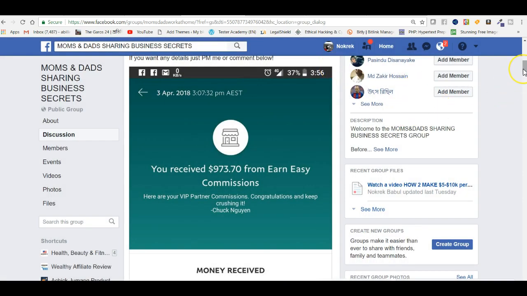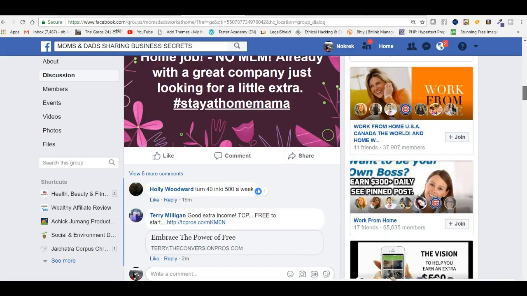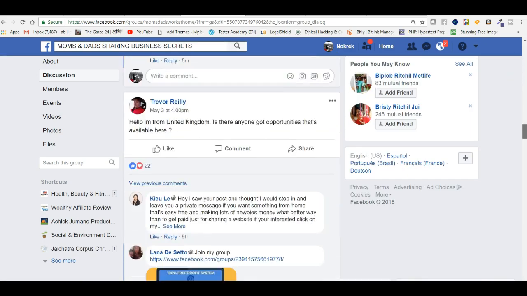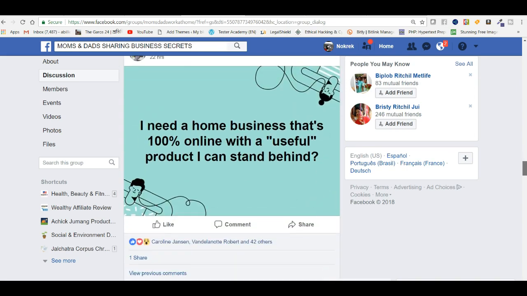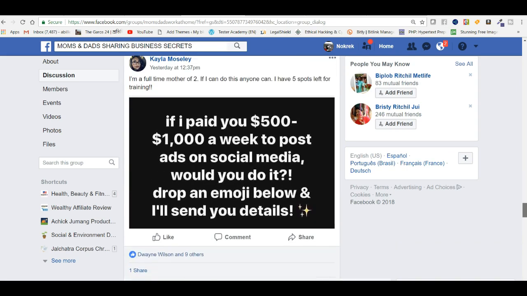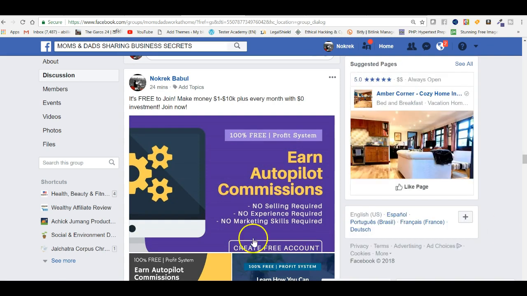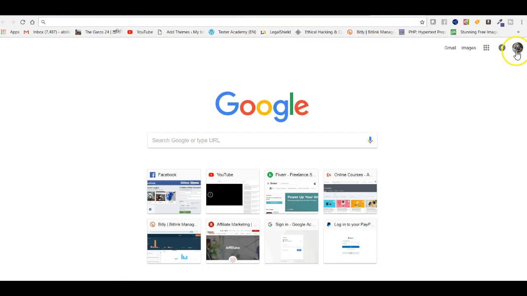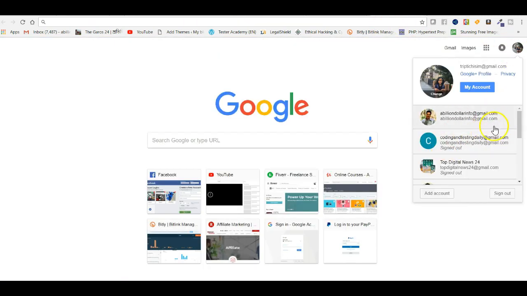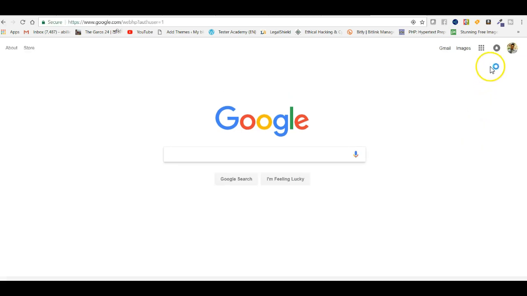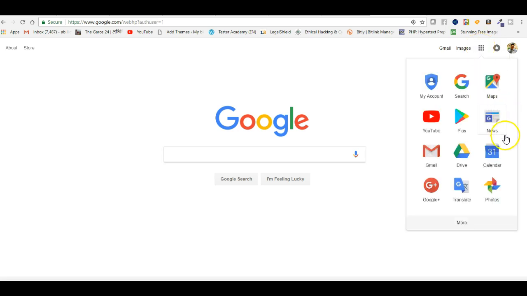But if you want to promote it, how do you do it? I can show you how you can do it. I think this is one of my posts here. Okay, so how can you do it? Now go to your Google. I go to my Google address, then I click on this icon, Google Apps. Then click on Google Drive,